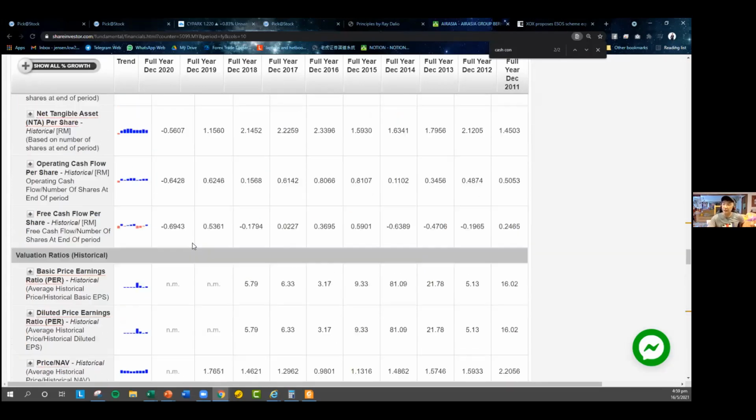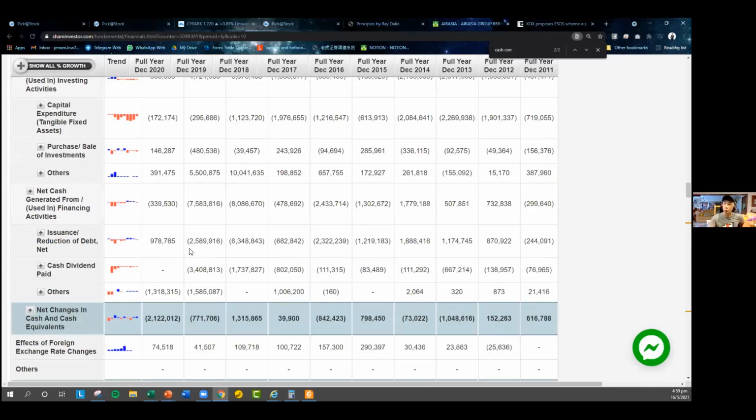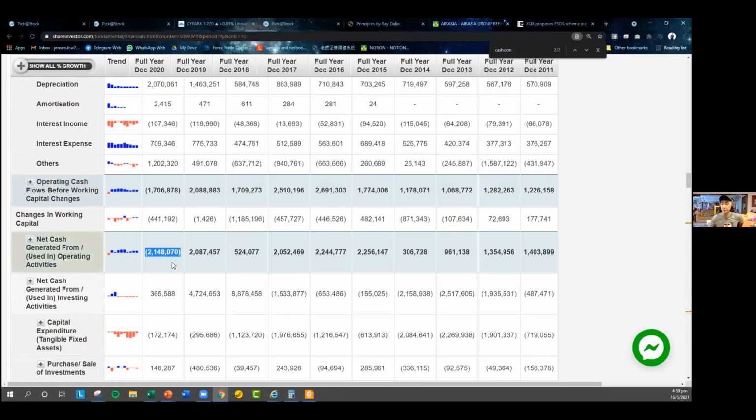Now, if you take a look at the cash flow, it's a totally different story. Their operating activities is negative 2 billion right now. So why? Because at the end of the day, I want you guys to see that your cash conversion cycle does not show you one thing: business performance. It only shows you health. So I want to see revenue growing. CCC negative, because cash conversion cycle doesn't show you how big the business is.